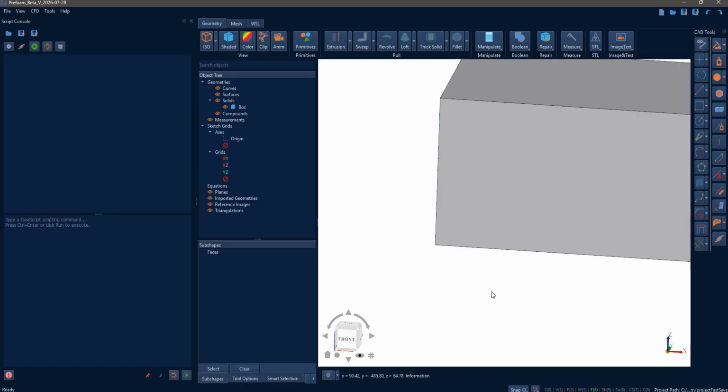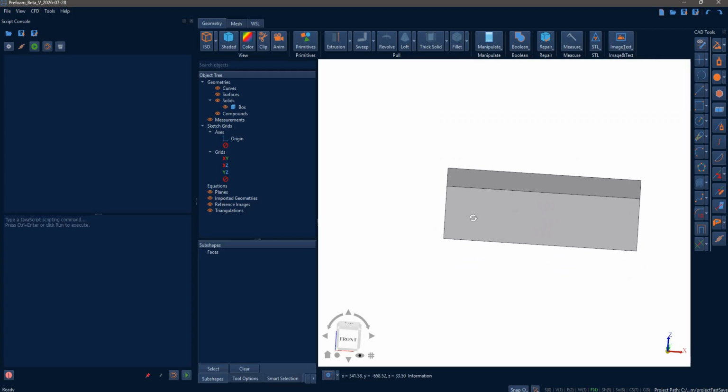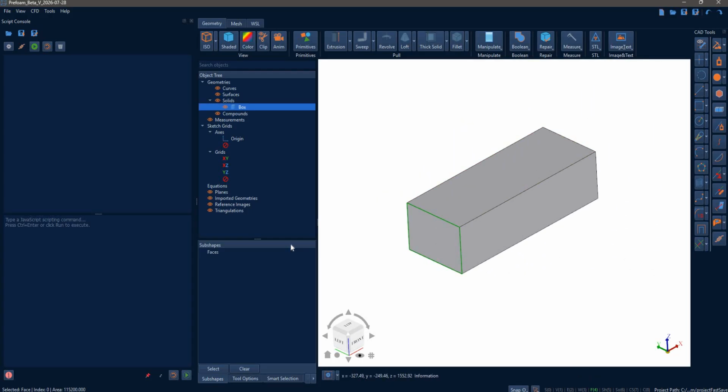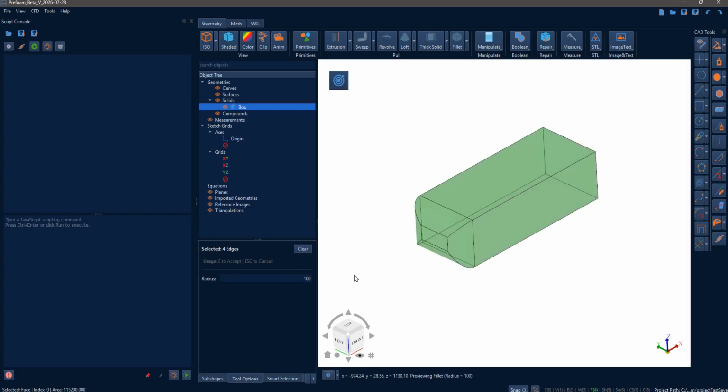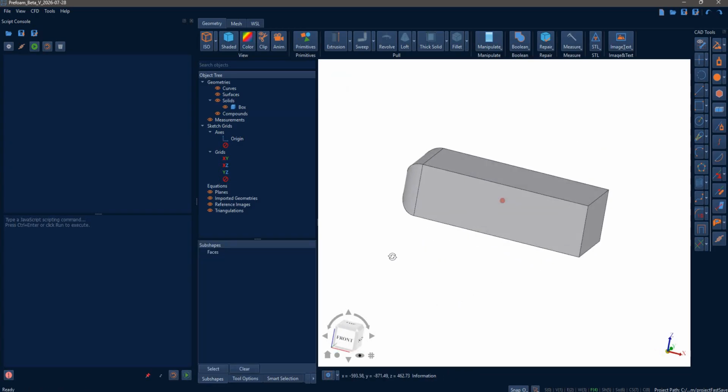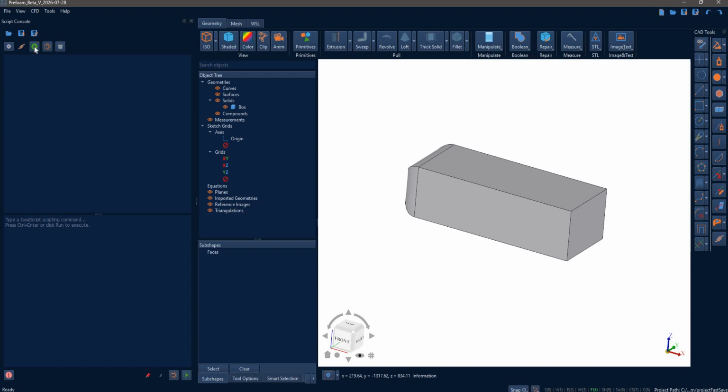Hit apply, and then you will get the base body. And let me quickly create the fillet over here. Let's say you have a starting body of this, and you can also start recording from this point on, and